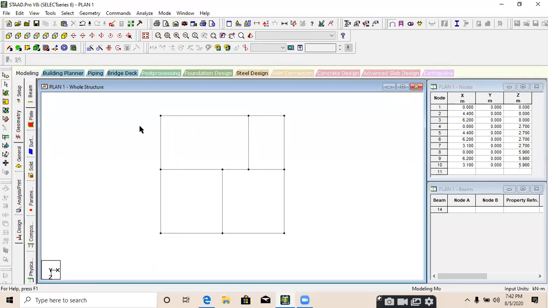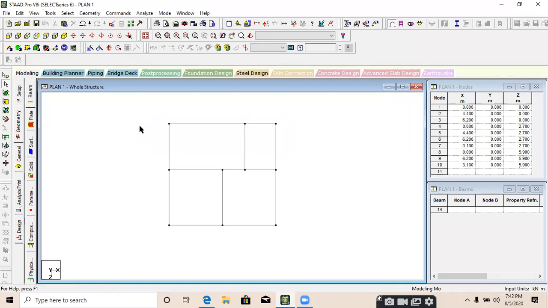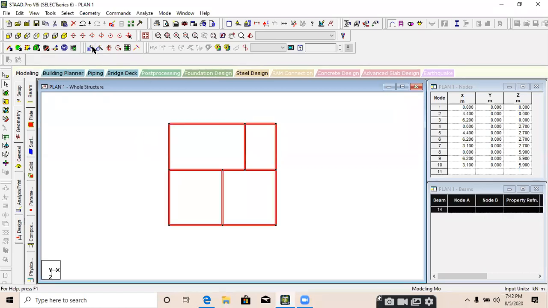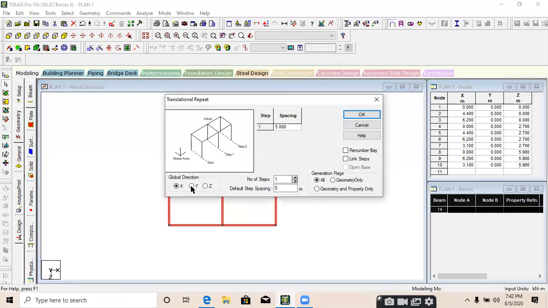Now we need to repeat these floors in y direction. Select all the beams, go to translational repeat. I select the global direction as y.